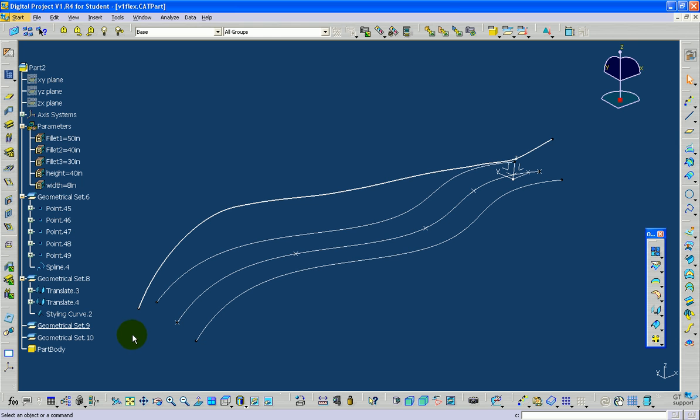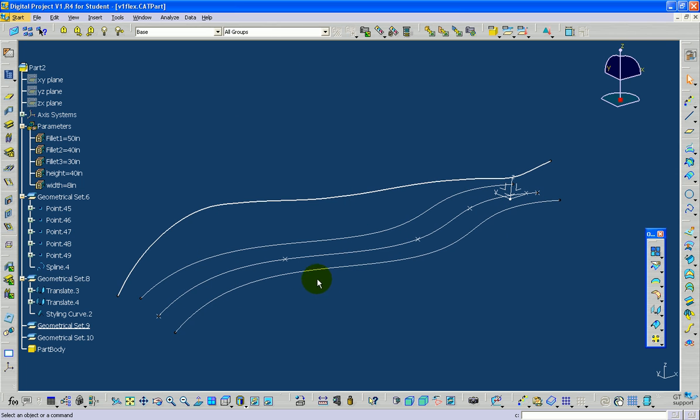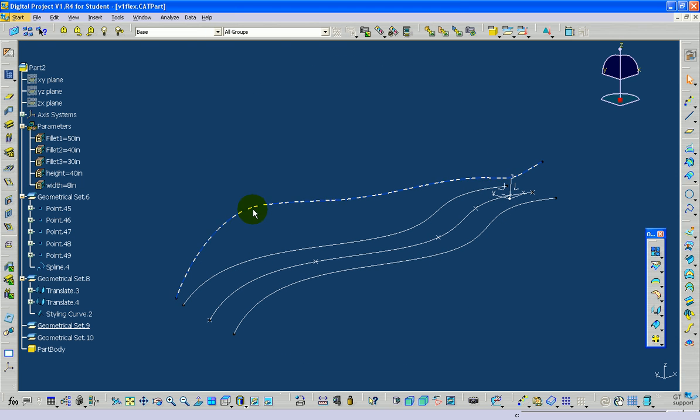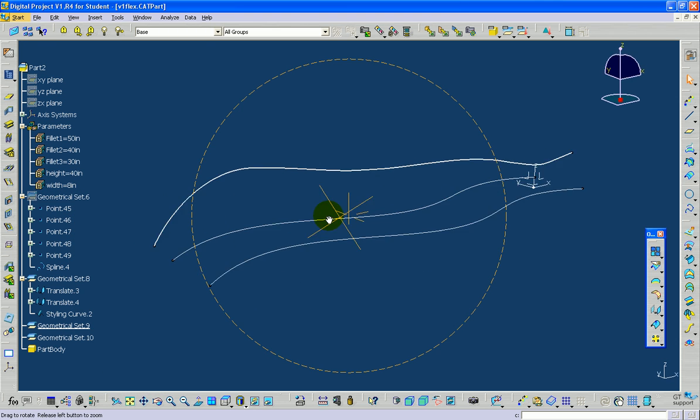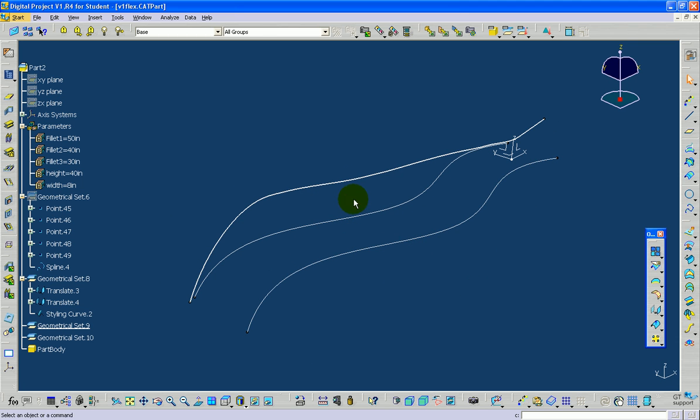Now it's horizontal, so I created this spline based on these points, and I just translated it to the left and to the right, to both sides, and in the end I got those 2 planar splines and 1 curve that I sketched in the Imagine & Shape workbench. So I can just hide this first spline because I'm not going to need it, and here we go. I have 3 splines,